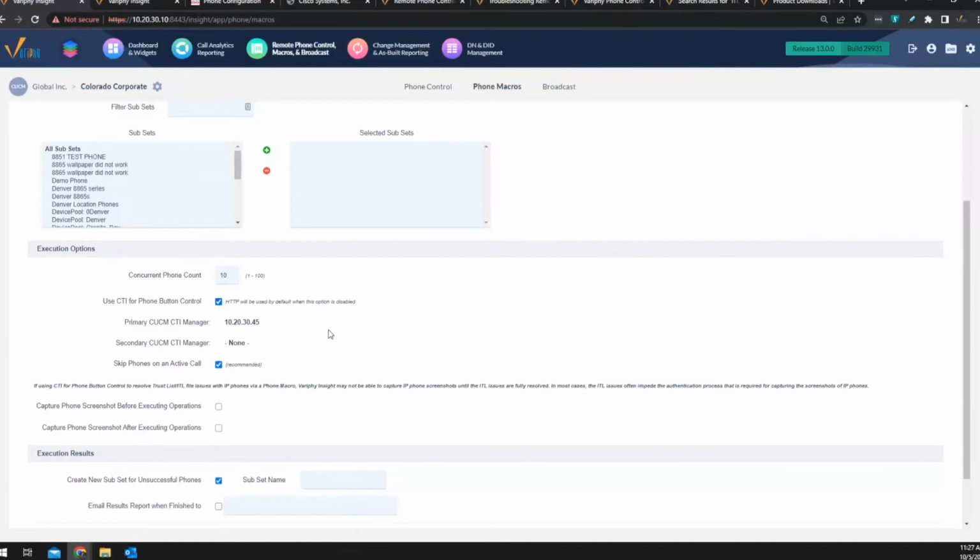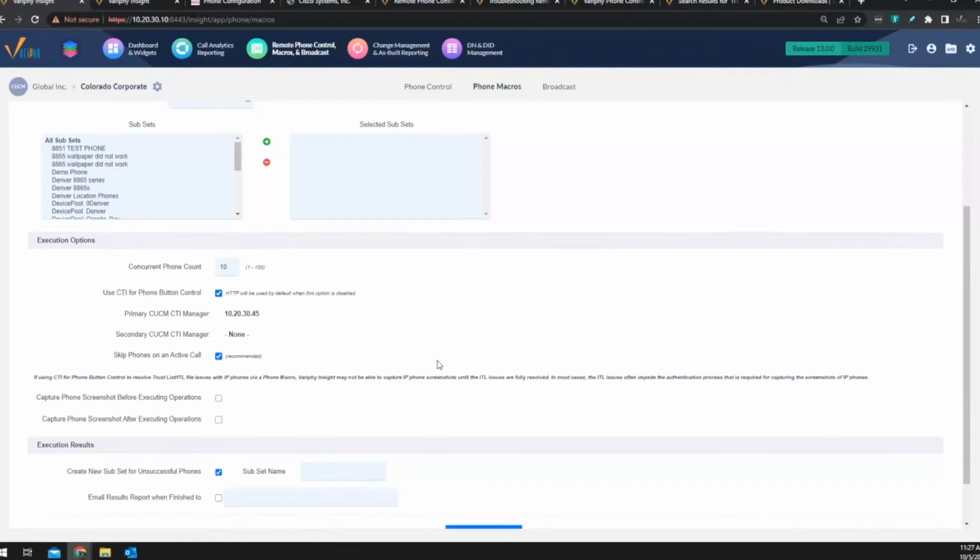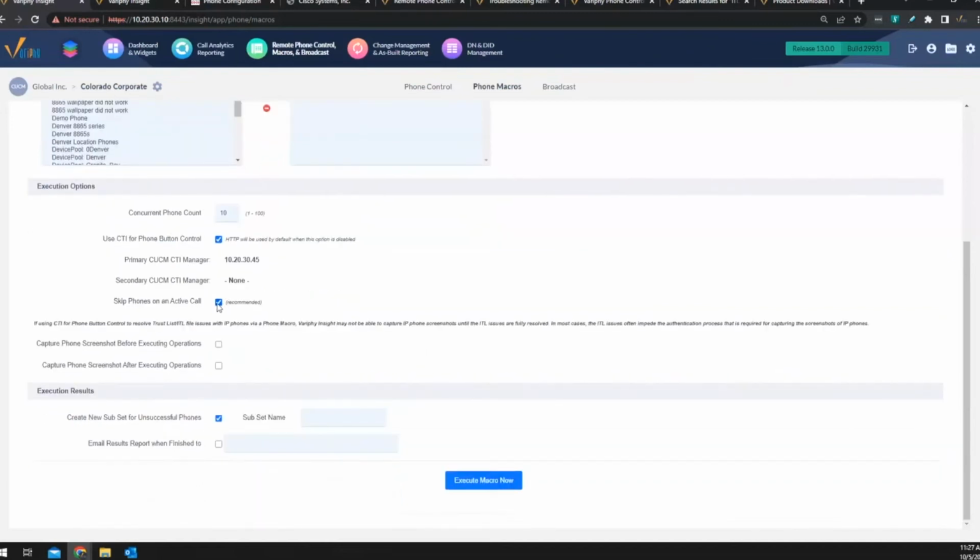The regular method is just HTTP based, and that won't work if the ITL is stale. So we'll have to use CTI, and if there are any phones on an active call, you can have it skip those. You can tell it to capture screenshots if you want during each step, so that if it fails, you can see what the last step is.